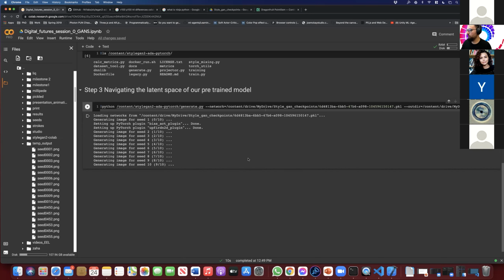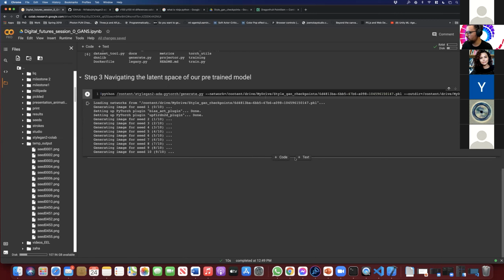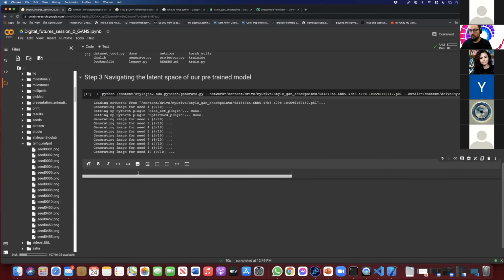So what we want to do is to use this model to create some stuff. Actually, I will teach you because the code for GAN is complicated. In the bonus, I will show you how to code a simple GAN, so you know. But the important thing right now is how to use those, right? So we will